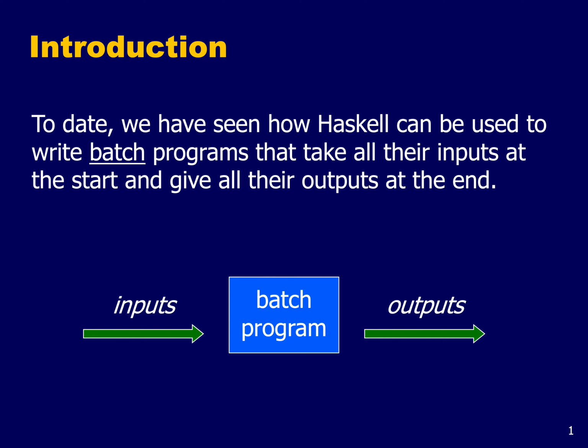This is illustrated in the diagram at the bottom of the slide. A batch program simply takes all its inputs at the start, processes them away silently without interacting with the outside world, and then it gives back all its outputs at the end. If you want to think about a real-life example of a batch program, that's actually not as easy as it used to be, but a classic example in computer science would be a compiler, such as the Glasgow Haskell